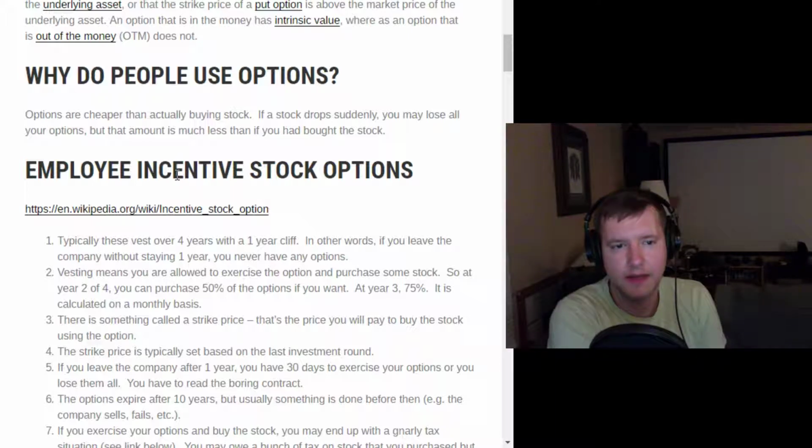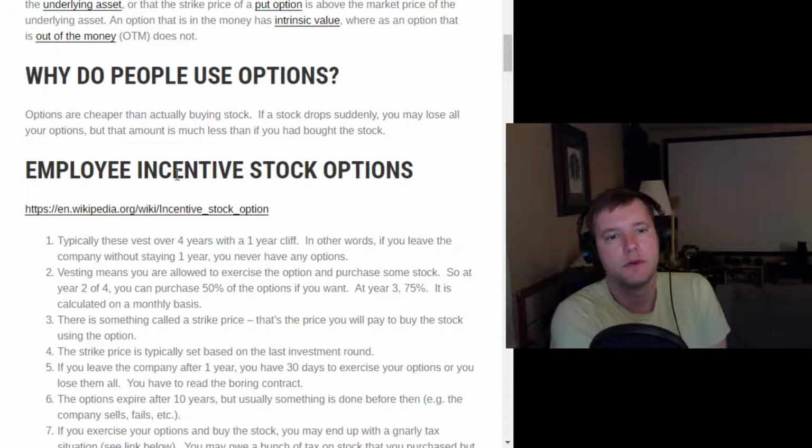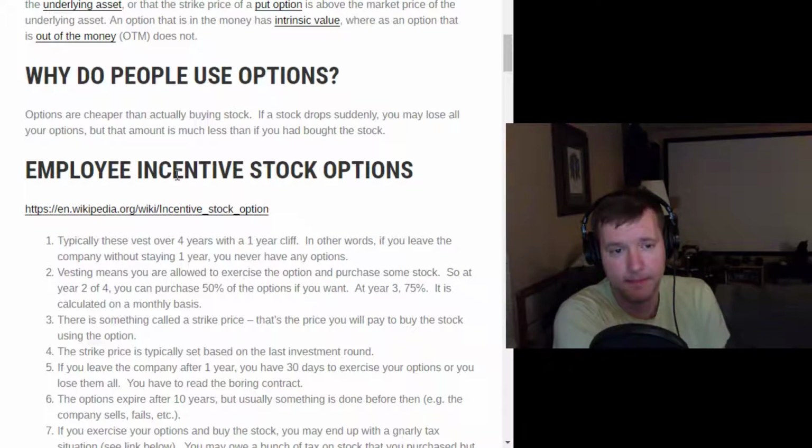Typically, options vest on a monthly schedule. So every complete new month that you stay at the company, you are allowed to exercise proportionally that many more options over 4 years. So if you started at a company on this typical 4-year vesting schedule, which has been the vesting schedule at every single startup I've been at, then after 2 years, for example, you would be able to purchase or exercise 50% of those initial options. After 3 years, you'd be able to exercise 75% of those options.